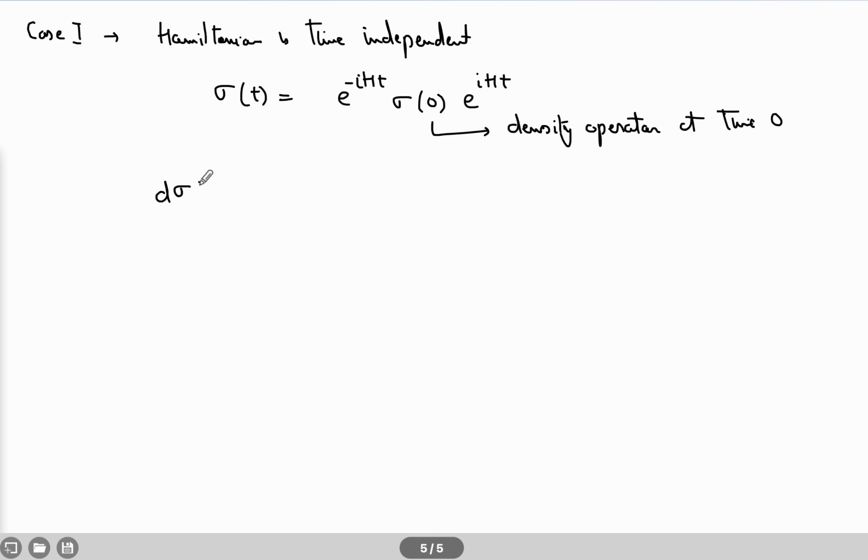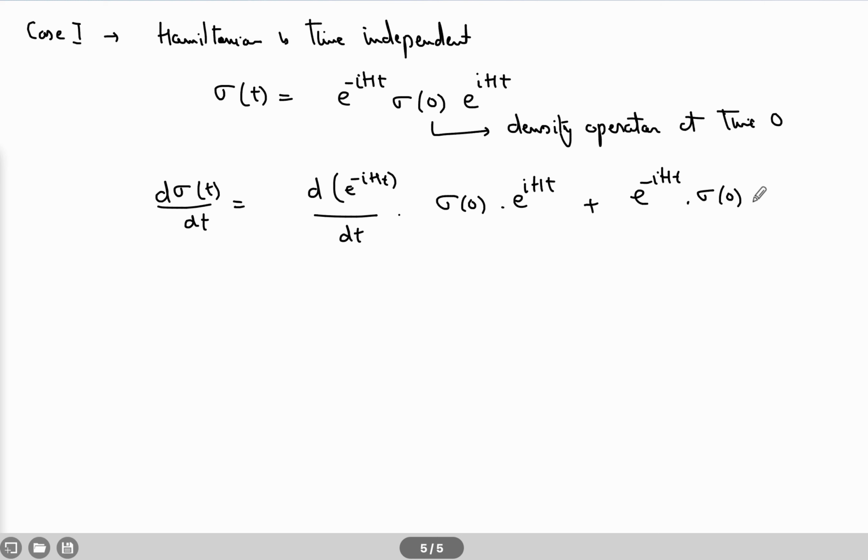If we do that, d sigma(t) by dt can be written as d of e to the power minus iHt by dt, into sigma(0) e to the power plus iHt, plus e to the power minus iHt, sigma(0),